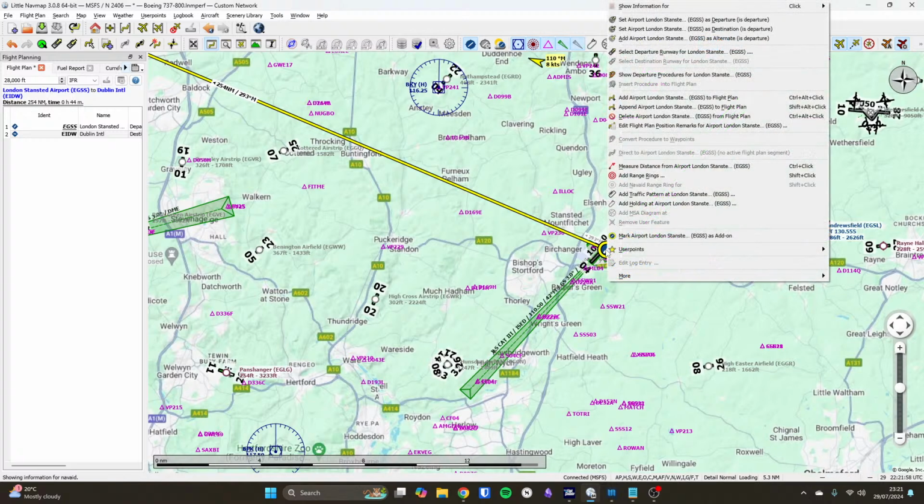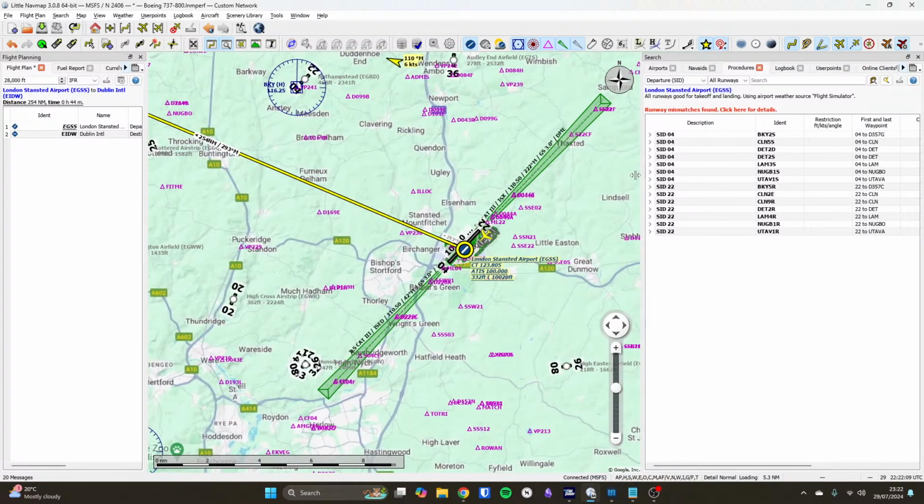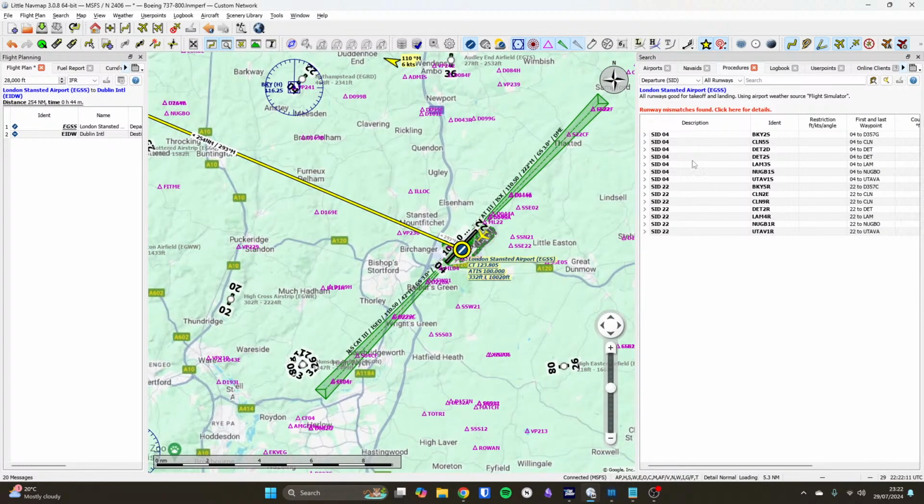Then we're going to right click on Stansted and say show us the departure procedures for London Stansted. Now we can pick the standard instrument departure we want to fly out of Stansted on. We're going to pick one from SID 04. These are the runway 04 departures. So we can highlight them,